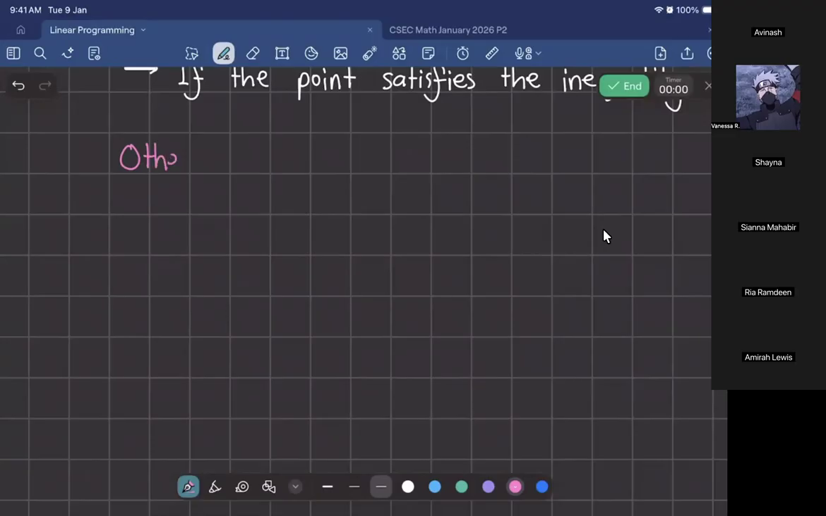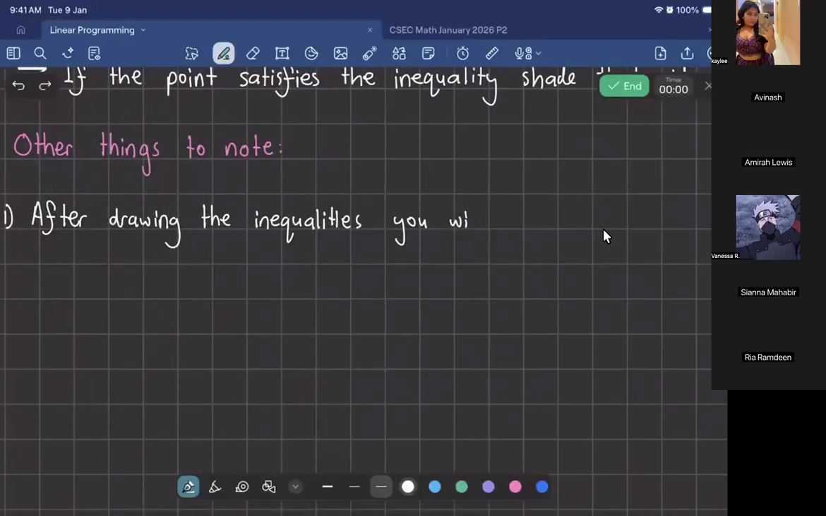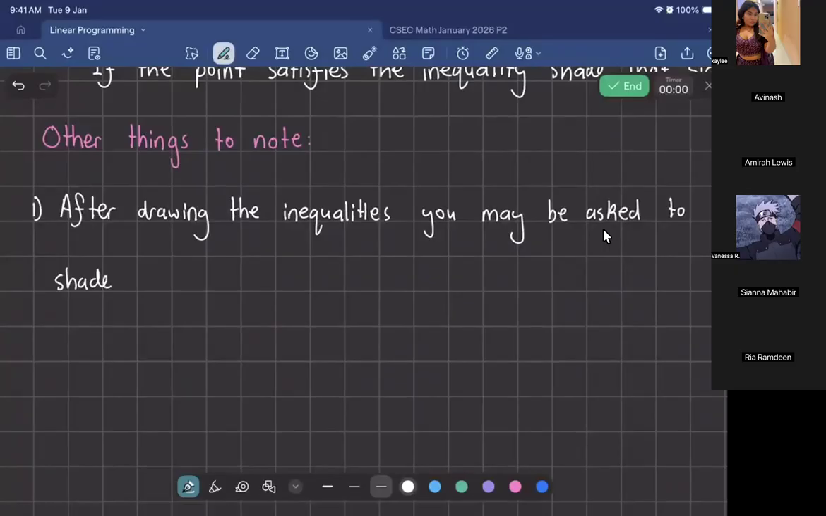Right. Other things to note. Number one, after drawing the inequalities, you may be asked,